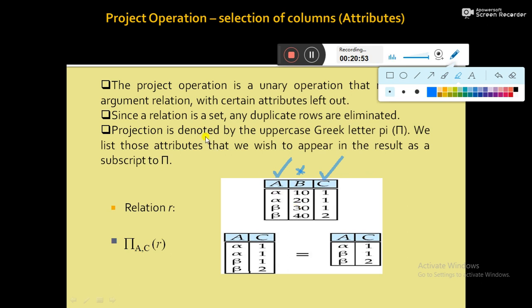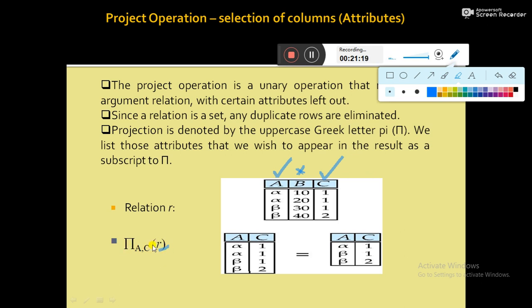So how to do that? With the help of projection operation, and projection operation is denoted by the uppercase Greek letter pi, and as a subscript of pi we need to mention the list of attributes that we wish to appear in the result. So how to write the pi operation? Within brackets you have to mention the name of the relation on which you want to perform projection.